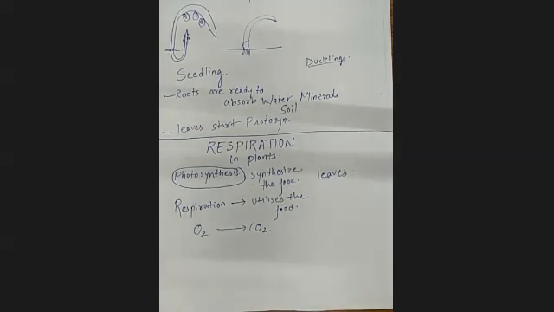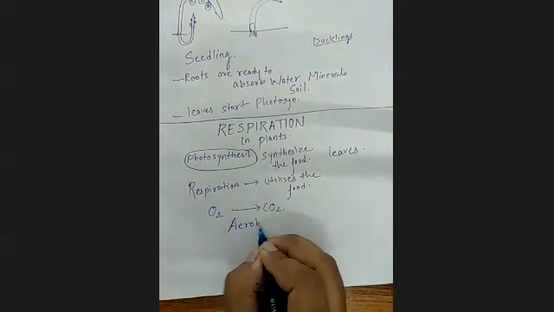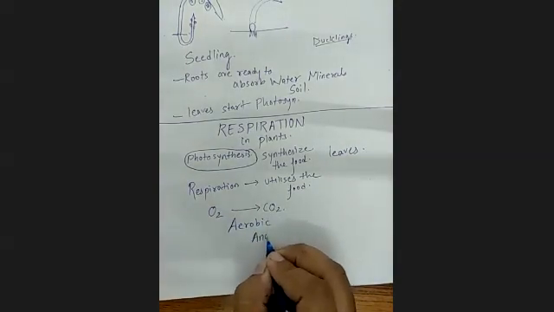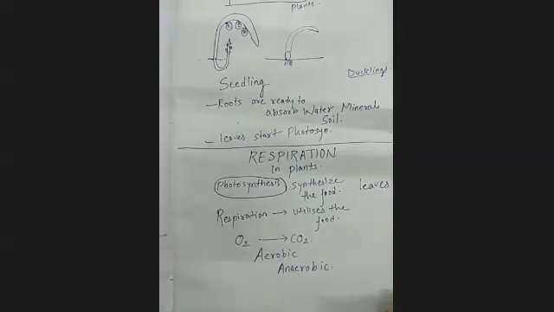So let's see what we are studying right now with the help of respiration. There are basically two types of respiration. One is aerobic and another one is anaerobic respiration. Have you heard about these words? Yes, miss. Okay, fine. So aerobic respiration and anaerobic respiration. Let's see what the basic differences between these types of respiration are and how they take place.